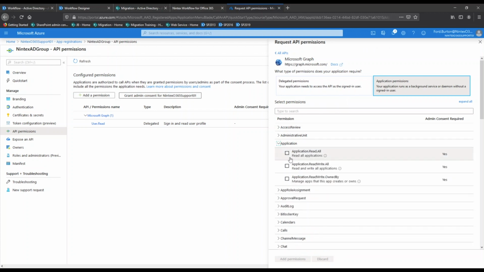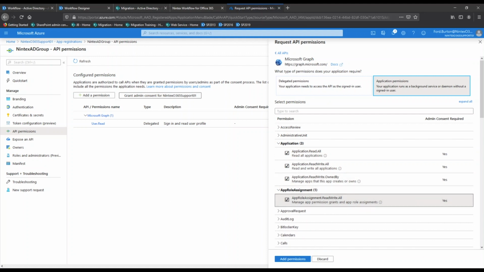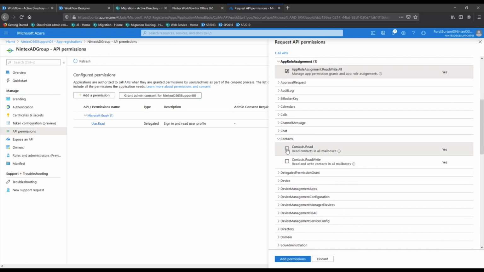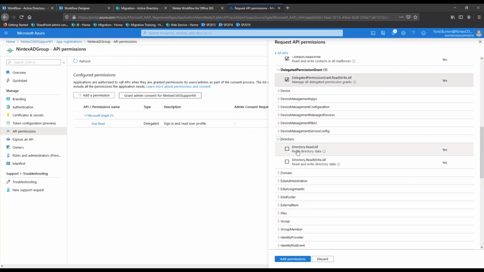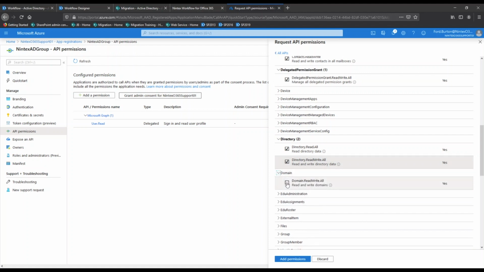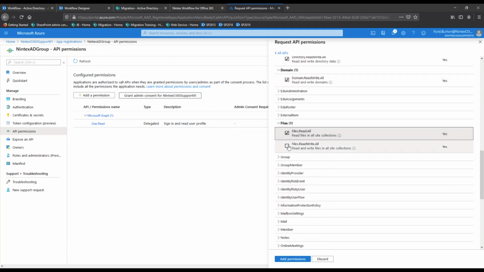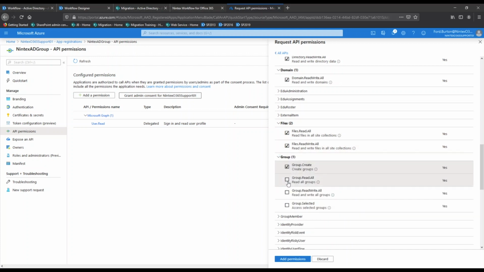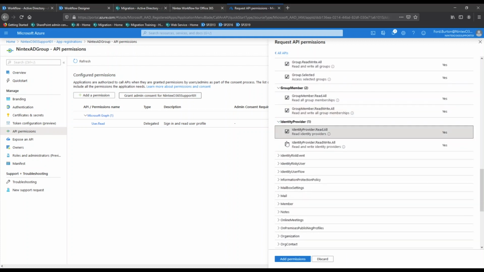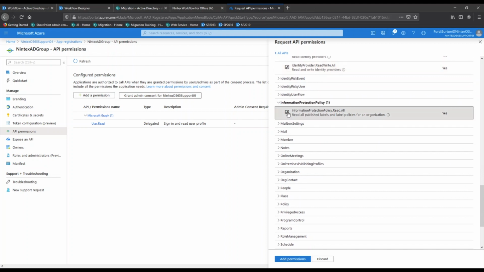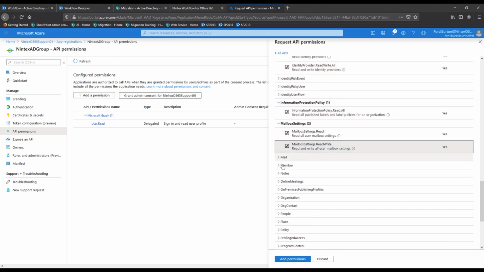So we're going to go through and we're going to say Application, App Role Assignment, contacts, delegated permission, directory, domain, files, group, group members, identity provider, information protection, mailbox, and mail,